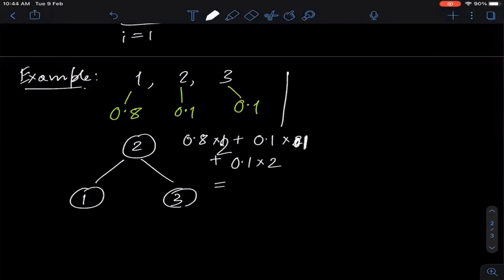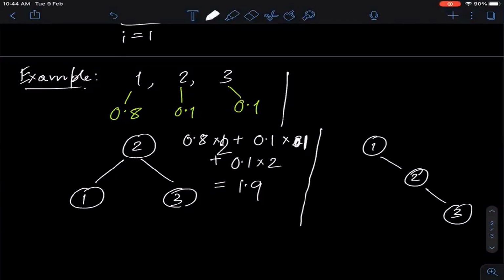Yeah, right. So this is going to be 1.9. But is this the best binary search tree that we should do in this setting? Is 1.9 the best average search time? No, right? Okay, good. So the best binary search tree in this particular example that we can build is actually, surprisingly enough, the skewed binary search tree, which we were always being taught is the worst that can happen. This is a chain, right?